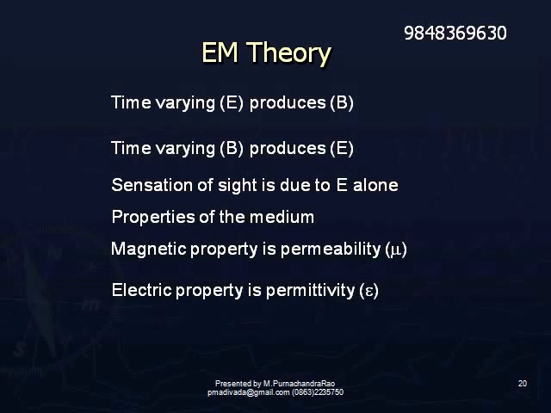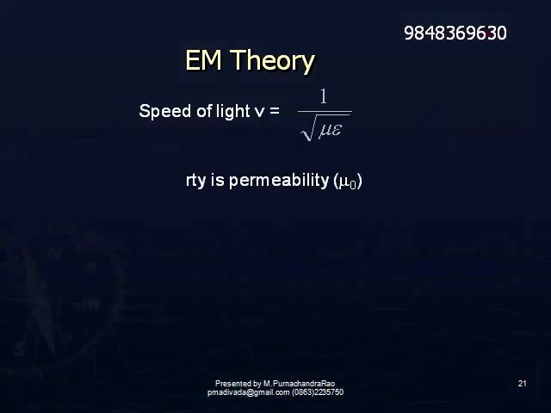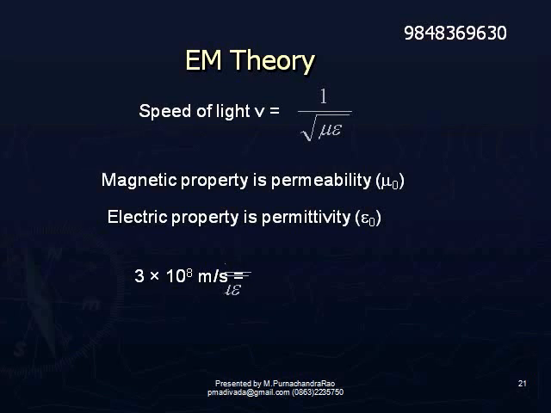These properties are such that they give the speed of light. For example, the speed of light V is equal to 1 by square root of mu epsilon. The speed of light is given by the product of these two properties, electrical property and magnetic property. So when we consider vacuum, V is 1 by square root of mu 0 epsilon 0. If mu 0 and epsilon 0 are the magnetic and electric properties of vacuum, then 1 by square root of mu 0 epsilon 0 is equal to 3 into 10 to the power of 8 meters per second. Like this, we notice properties of a medium.